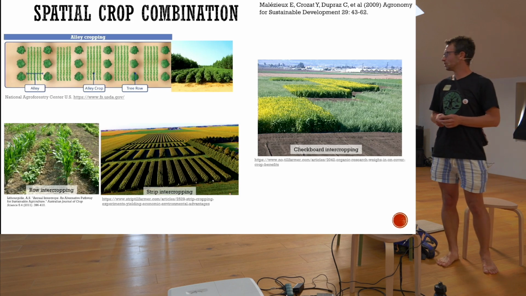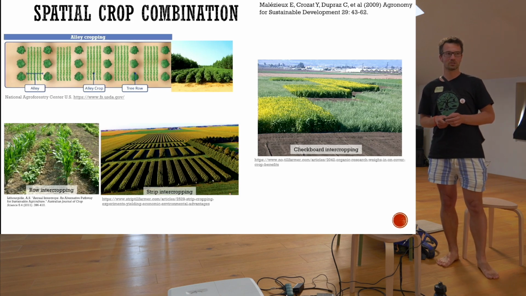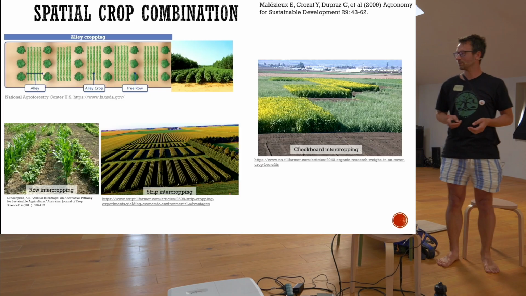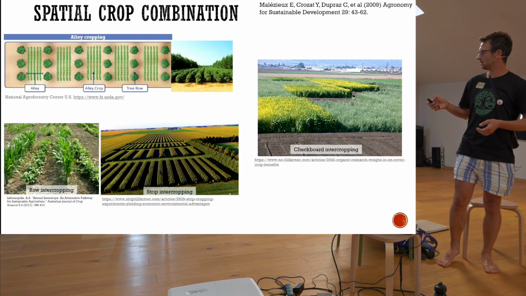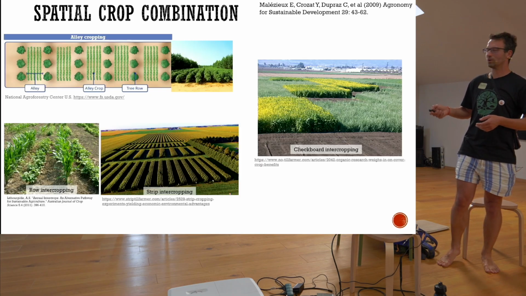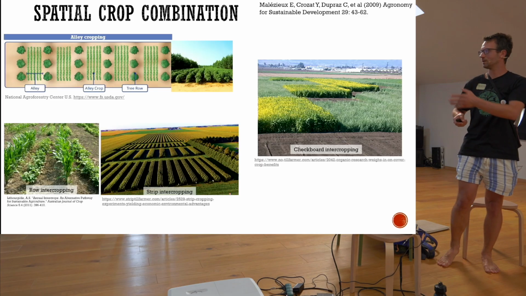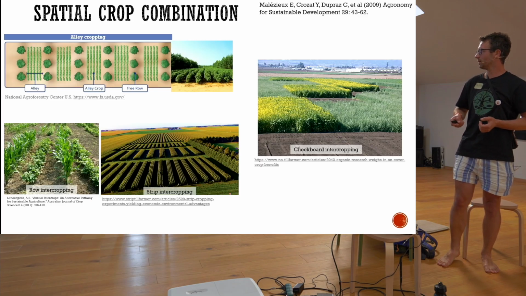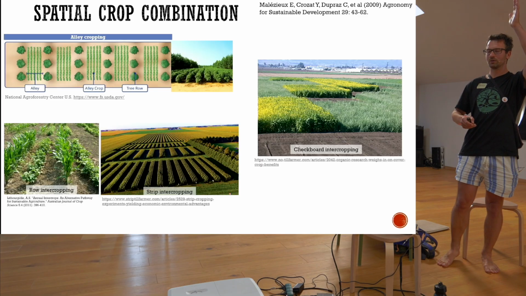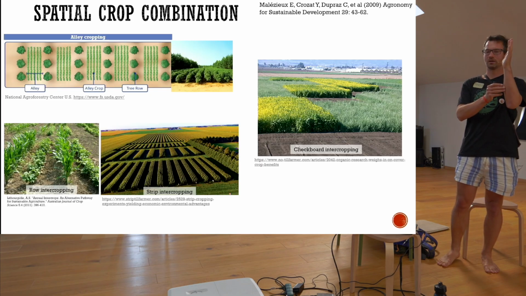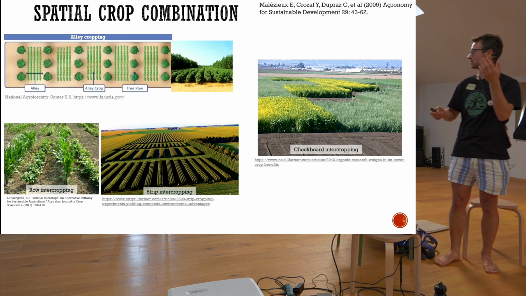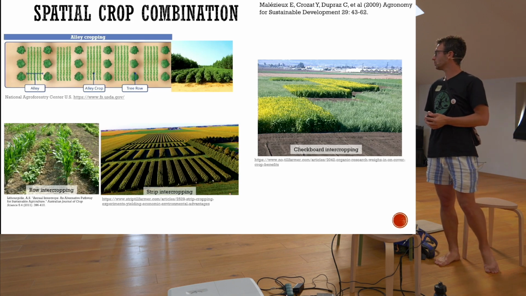Here you need to know about the efficient distance of interactions, because there is some distance where your beneficial effect extends, and the effect on your crop will be uneven across the strip. Often when you combine a tall crop with a short crop, the marginal rows of the short crop will grow better just because they have better access to light.